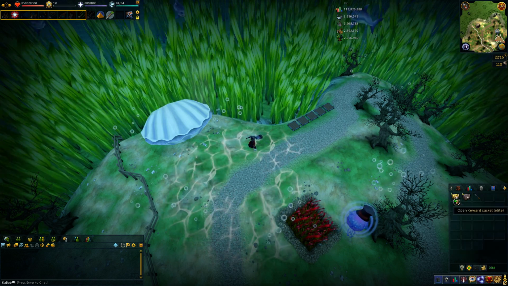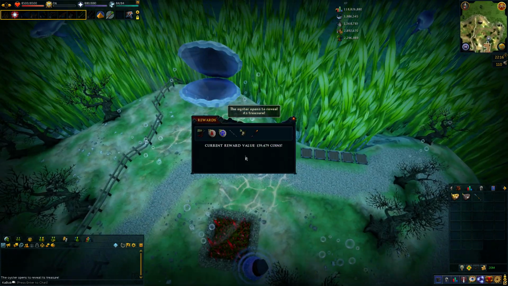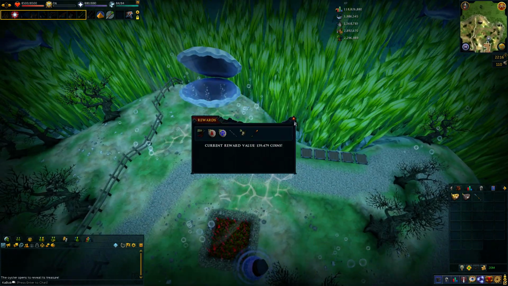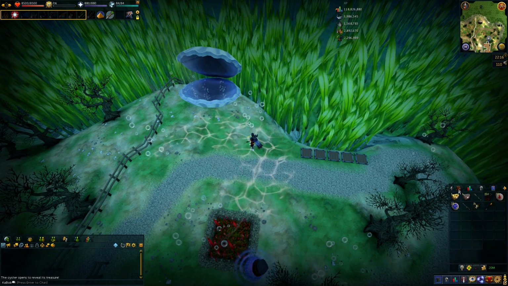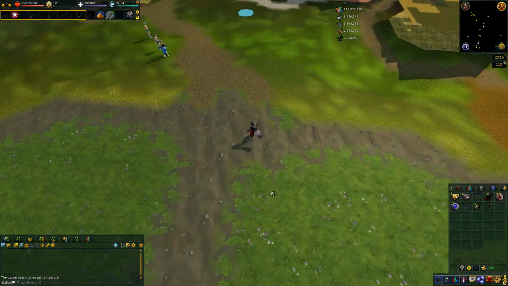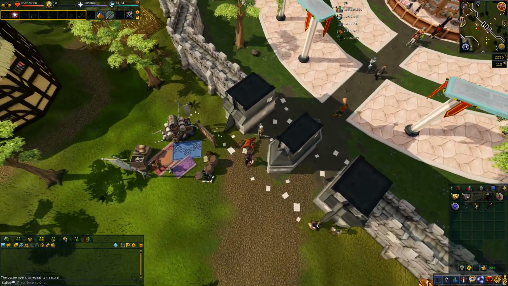So, we have 1 elite and 4 easy for today, as well as this oyster that I forgot to check last episode. We got junk from the oyster. Whatever. Let's go ahead and get out of this place because the music's a bit annoying. So we'll head up to the old Grand Exchange, where I can delay opening these caskets for a little longer